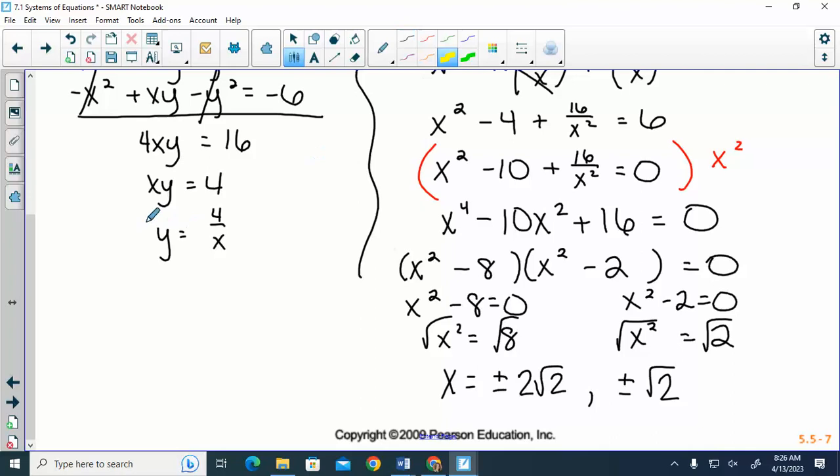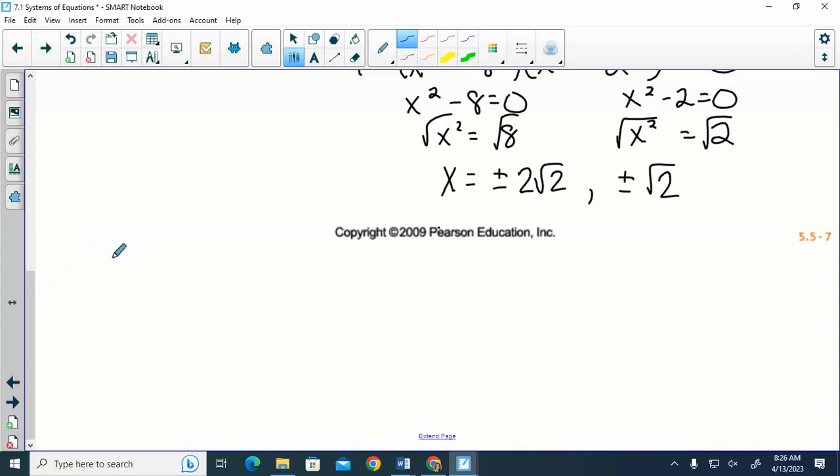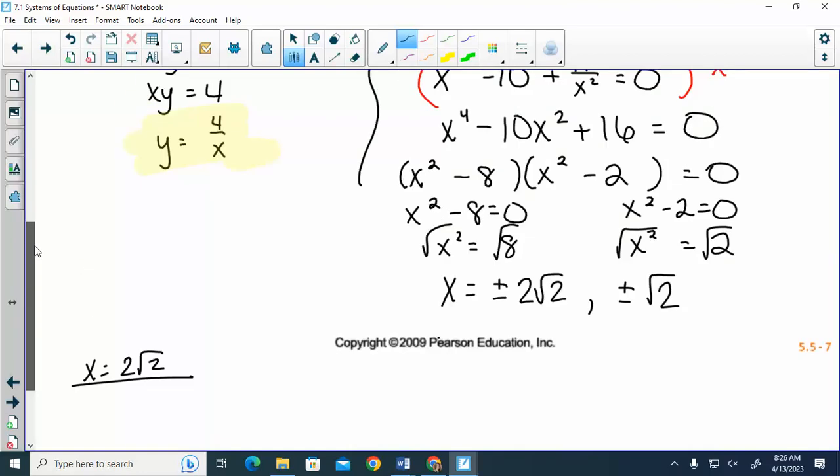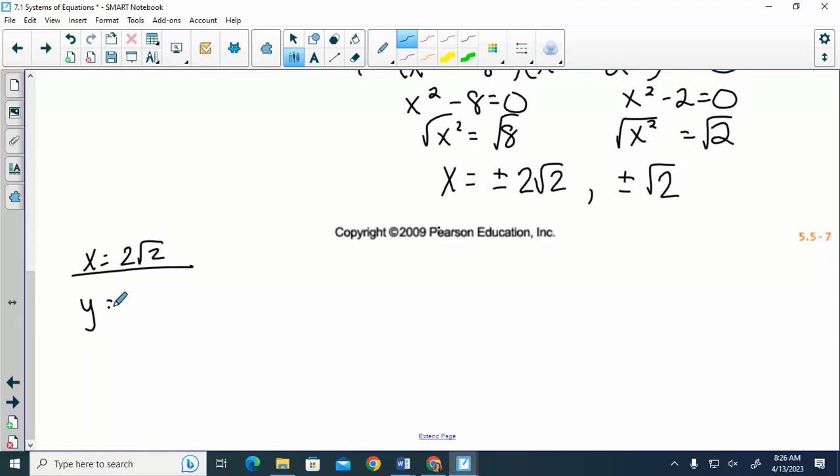So we need to plug those in, but thankfully we could just plug them in right here, so it's not going to be too horrible. Okay. So if I plug in 2 square root of 2, y equals 4 over x. Can you leave a square root on the bottom? No. So if you multiply that, you get 2 radical 2 over 2, or just